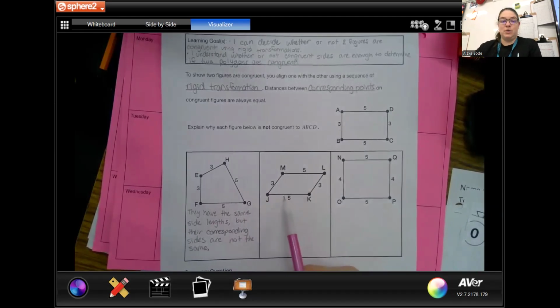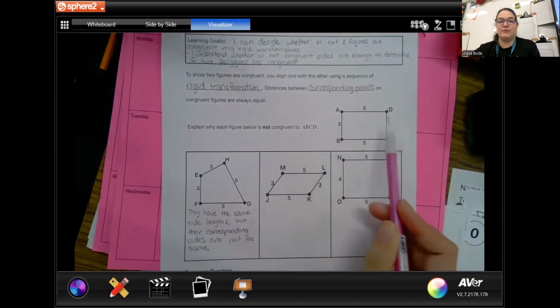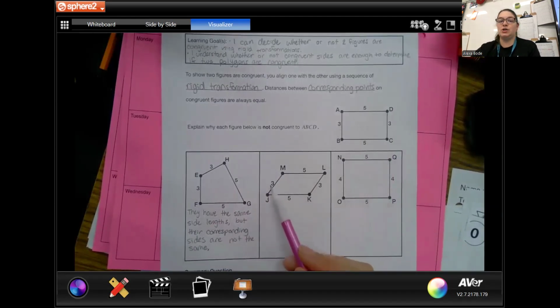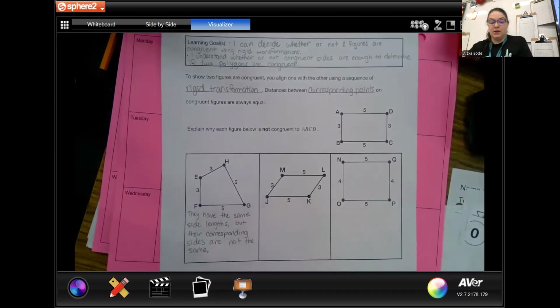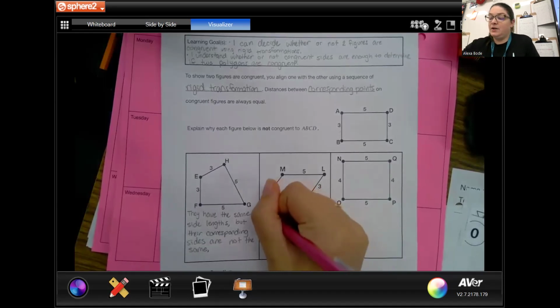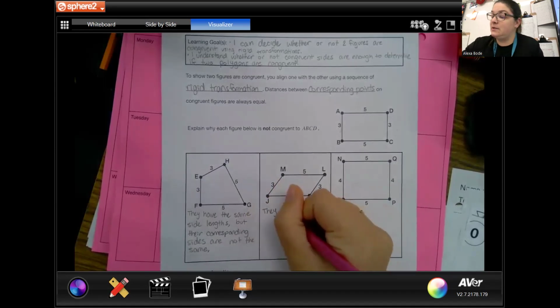Okay, our next one. So the way that Desmos was talking about that order that I was talking about, this one is 3, 5, 3, 5. This one here is also 3, 5, 3, 5. So the reason why I didn't like that is because this one also is not congruent. So they have the same corresponding side lengths,